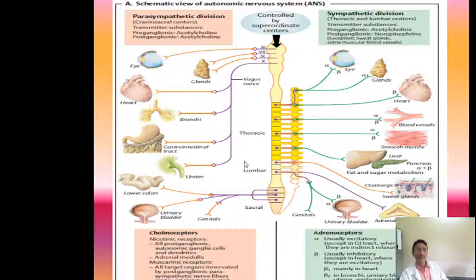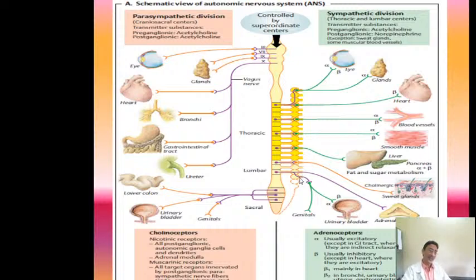When you go on to the other side, you will find that the sympathetic division is supplied by the thoracolumbar outflow. So here you will see the sympathetic nerves going into the eye, the glands, the heart, the blood vessels, the smooth muscles also of the vascular system, then the liver and the pancreas, and also the sweat glands, bladder and the adrenal medulla. So this is from the sympathetic division, the thoracolumbar outflow.